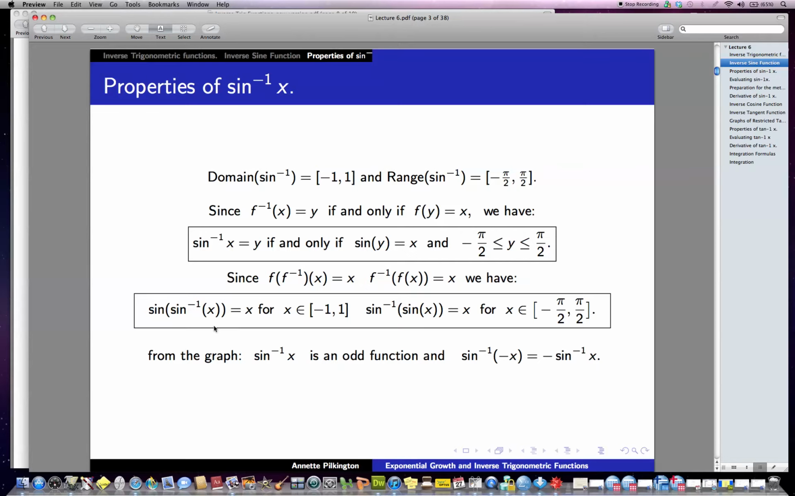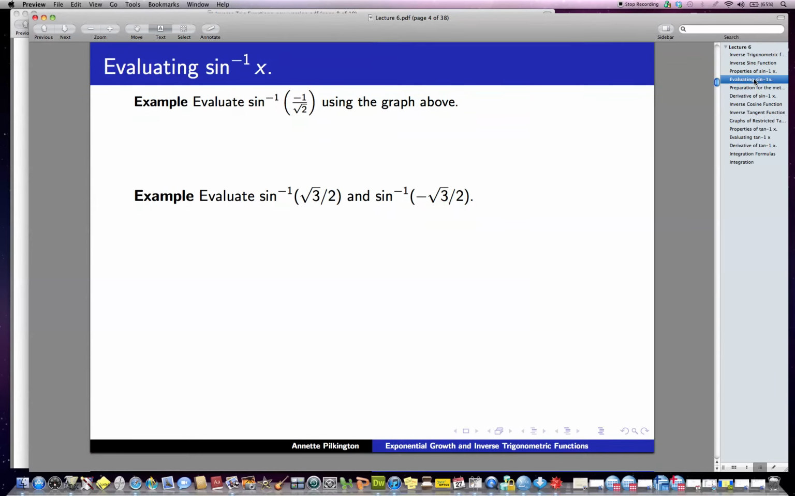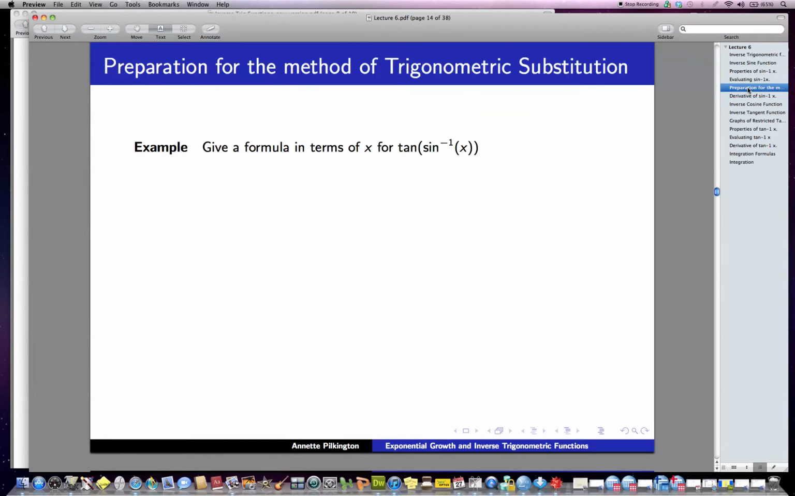Because of how inverse functions work, we have sine of sine inverse of x is x for any x between minus 1 and 1, and sine inverse of sine of x is x only if x is between minus pi over 2 and pi over 2. We see from the graph that sine inverse of x is an odd function. Sine inverse of minus x is minus sine inverse of x. In class we'll evaluate some examples, and we'll also look at this problem,